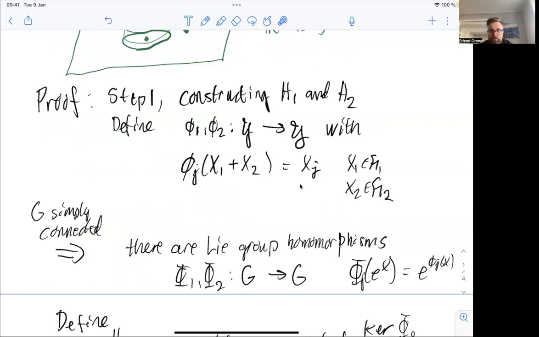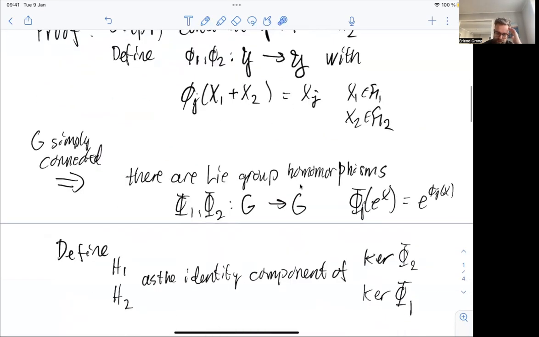We did this earlier. The trick is that we look at the projection, like we construct maps from the Lie algebra to itself, which project to respectively the h1 and the h2 part of the Lie algebra,